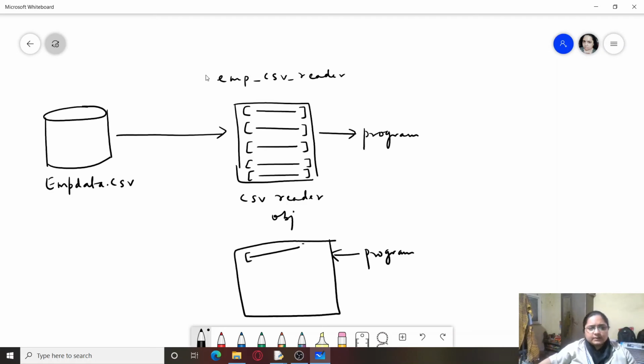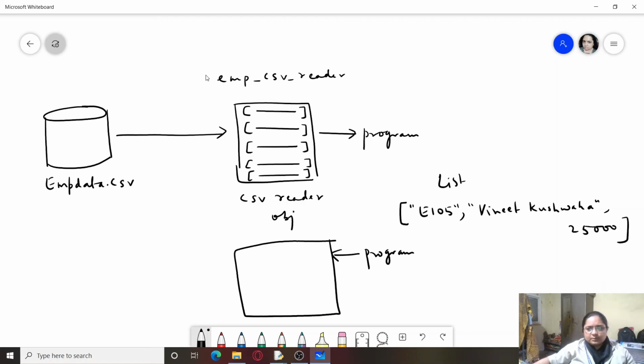And in this we keep on storing the record. So what we do is we create the writer object, which is a temporary memory region. Now we will be asking for a value, a record from the user, and then that record is usually in the form of a list, which I just explained right now. So it would be something of this type. And some salary. So it would be of this type.